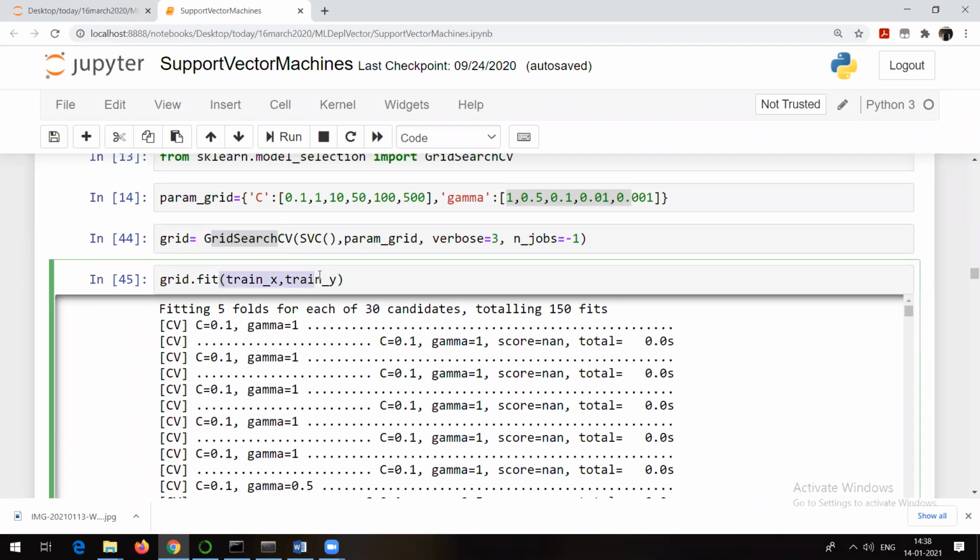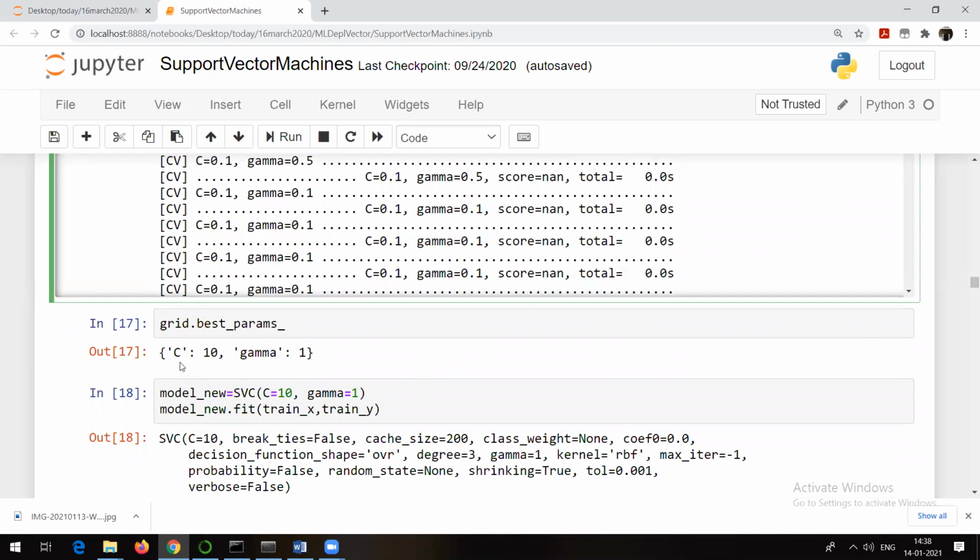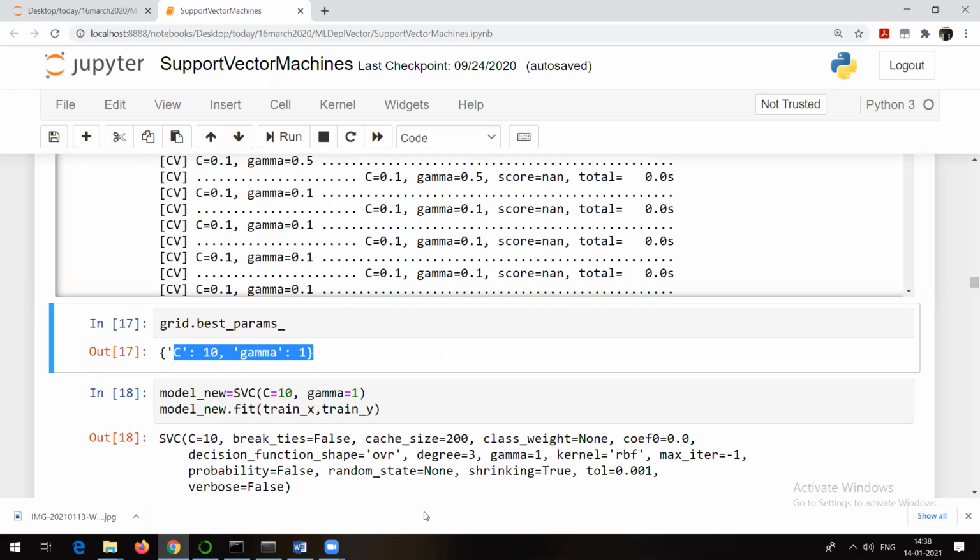So we try to fit according to the training data, and then the actual training was once again done with the help of these parameters. These are the best parameters which grid search cross validation has returned. There is a method called grid search cross validation with the help of which you can try to increase the accuracy of the model.